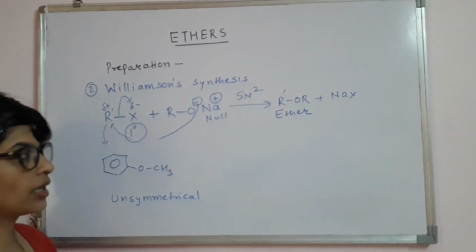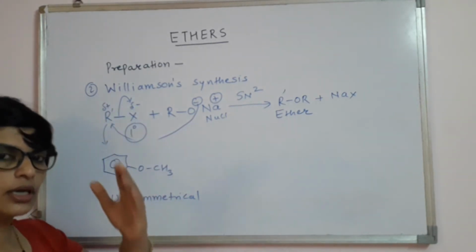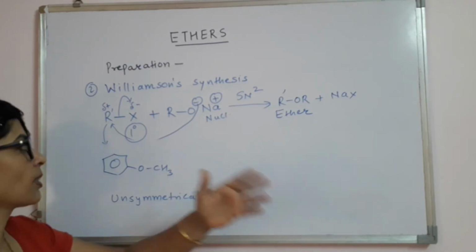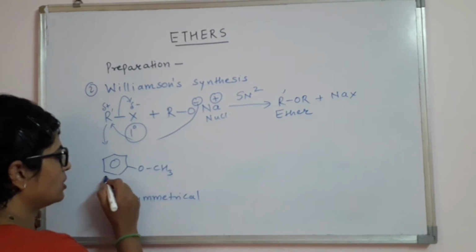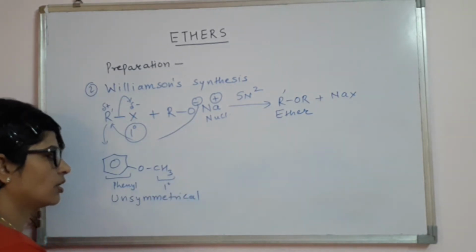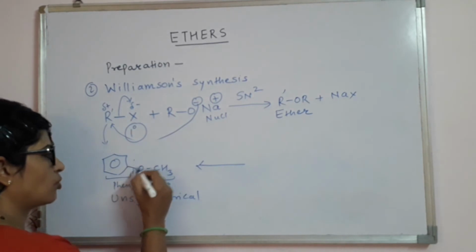Primary alkyl halide. And this R can be any of the choices which you want: primary, secondary, tertiary. So that can be your choice. Here we will analyze these. This is a phenyl ring, so it is aromatic, and this is your primary alkyl group. So I'll have to break any of these two bonds, isn't it?